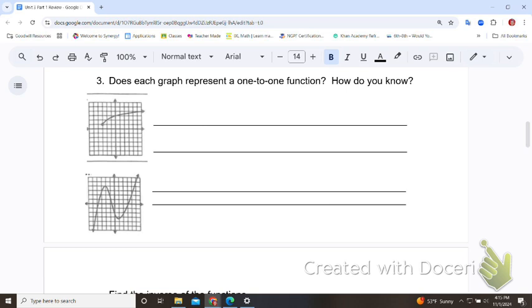So for the first one, to know if it represents a one-to-one function, remember that if it passes the vertical line test this way,